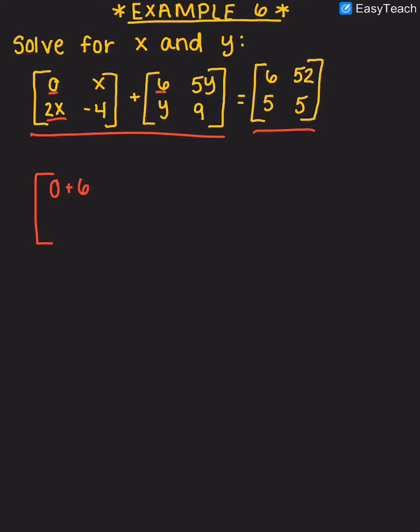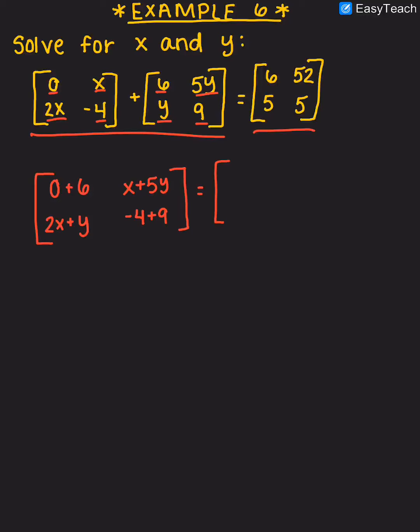I'll do 2x plus y. I'll do x plus 5y. Oh, I shut my pen off. There we go. And then we'll do negative 4 plus 9. And so that is my matrix right there, and that is equal to,